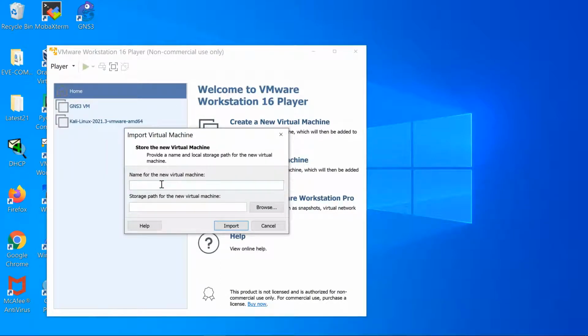In this window, type the name of the virtual machine. I'll give EVE-NG. Storage path, I'll use the default as it is. You can select the desired path from your PC. Now click import.